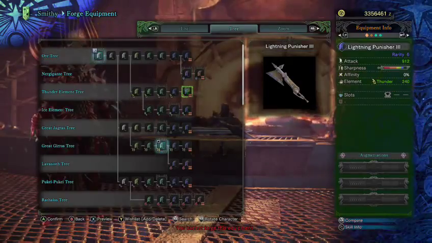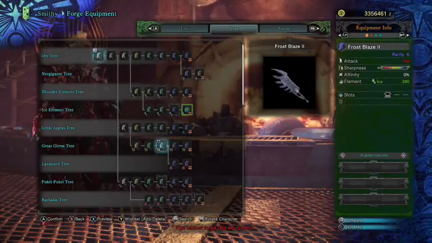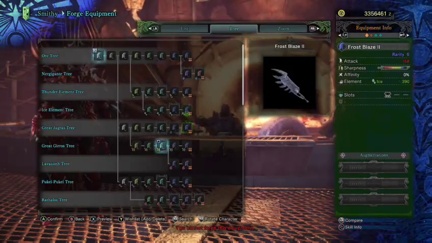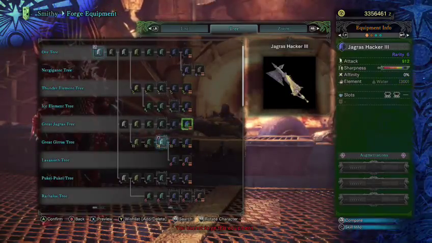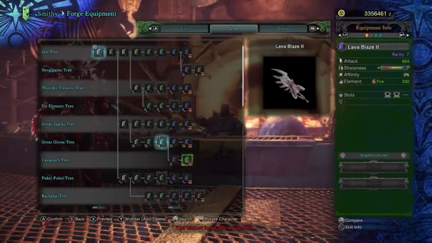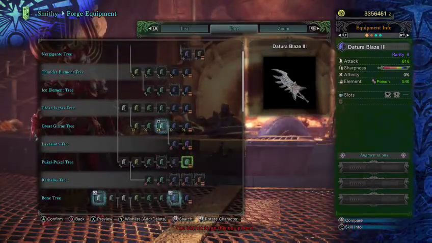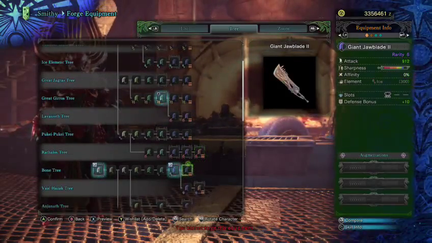Moving on, we have the Thunder Greatsword, the Ice Greatsword, the Frost Blaze from the Legiana tree, and the Great Jagras tree, the Jagras Hacker 3, which is essentially one of the best greatswords. And then moving on, we have the Great Girros tree, Melody's Kiss 3, Lavasioth's tree, Puki Greatsword, which is a poison one, Rathalos Greatsword, the Bone Greatsword,